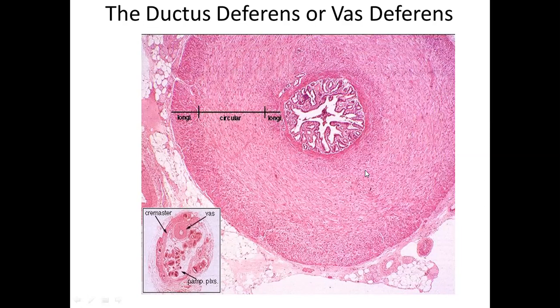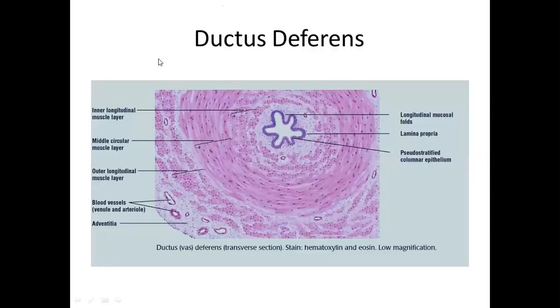The vas deferens or ductus deferens is highly muscular because of the three concentric layers of inner longitudinal, middle circular, and outer longitudinal smooth muscle layers, and outside this, the vas deferens is connected to all the other components of the spermatic cord by connective tissue, which is again highly vascular. This connective tissue layer is termed tunica adventitia, where the cursor is moving, where some of the adipose tissue is visible.